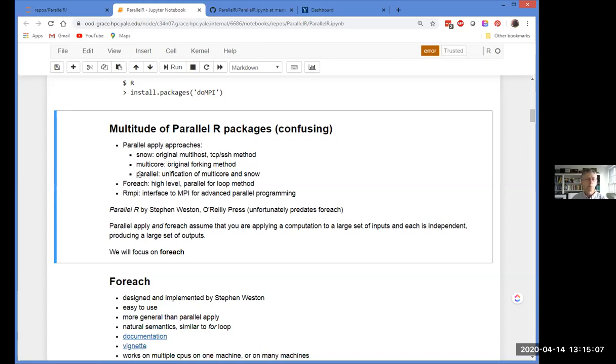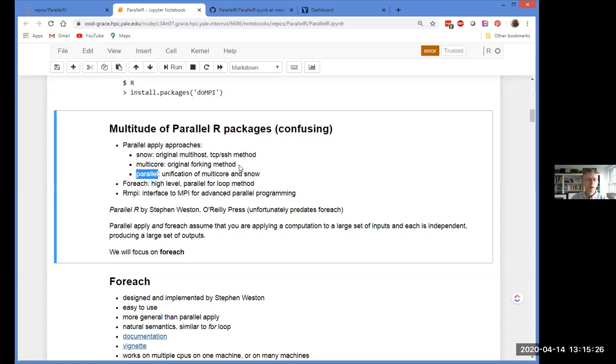So then there was this bright idea to create a unification called parallel, which attempted to unify those two. And perhaps it did, but in my opinion, it just created more confusion because now we had three packages that all did things that were very similar.